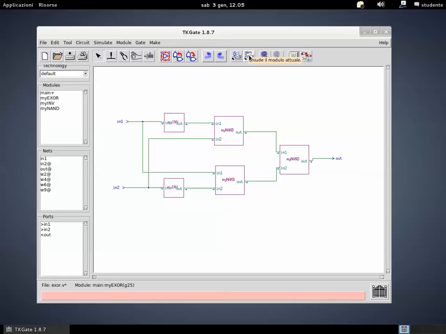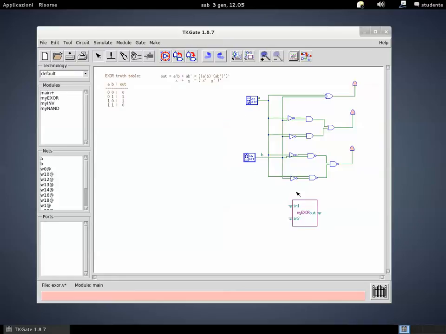I go up again, and now we are ready to test our EXOR gate because we implemented all the components within it. So in order to double check that it works exactly as we expect it to work, we simulate it